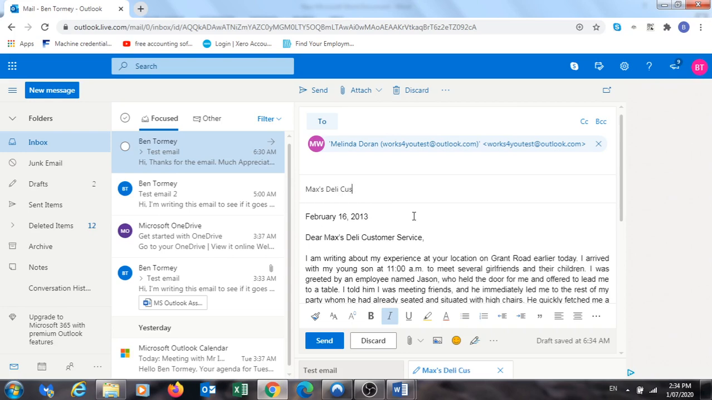So the subject of this email is going to be Max's Deli Customer Service. Now, subject is quite important. The reason why that message appeared is because if you don't put a subject in your email, a lot of the times the person that you're sending the email to, the program will automatically pick that up as a junk email,